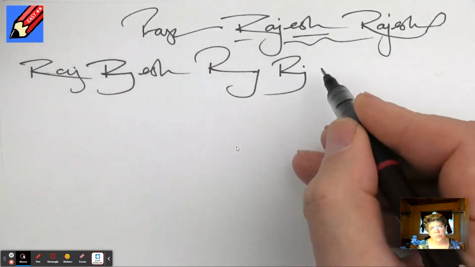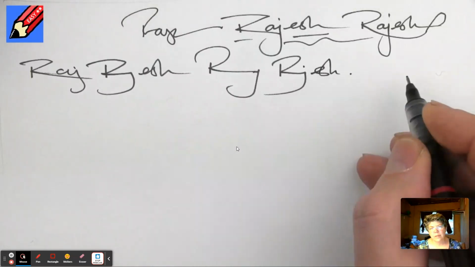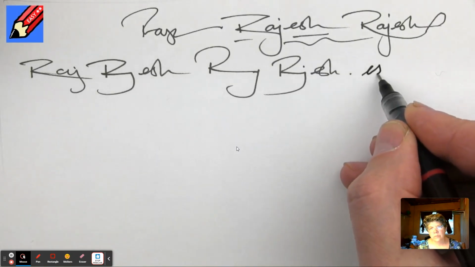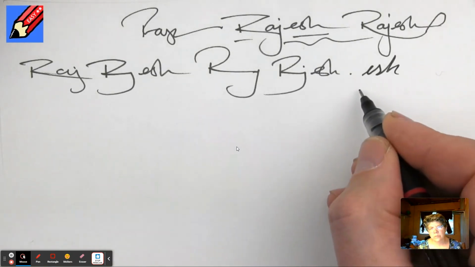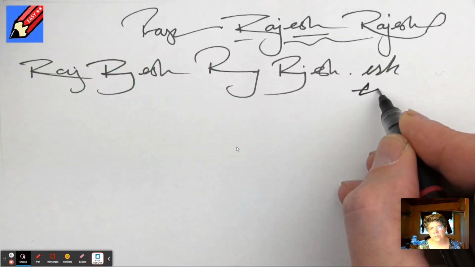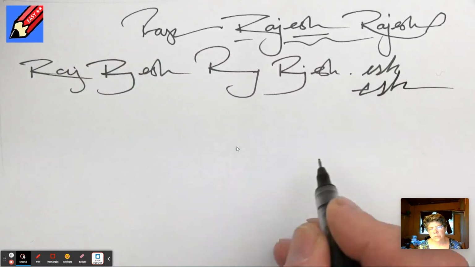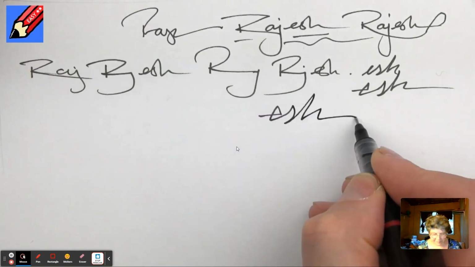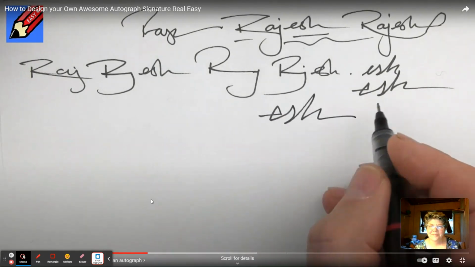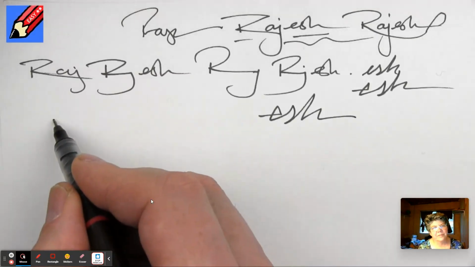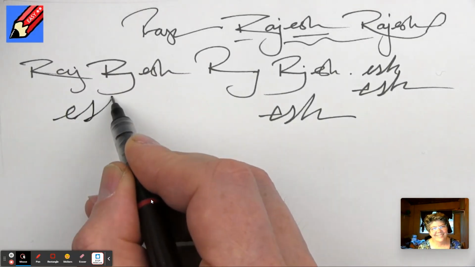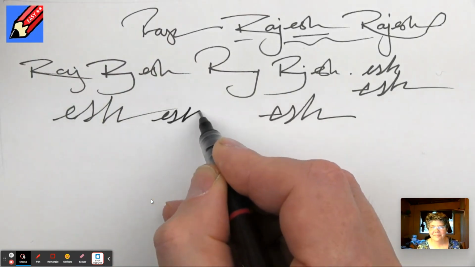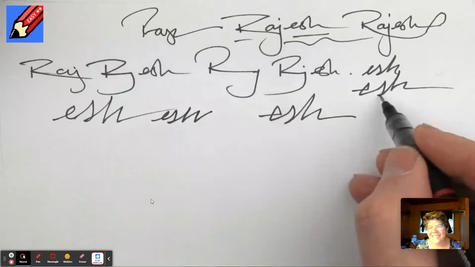This has a look to it somehow, but I don't like the ESH, so I'm going to have to think about this. ESH. So you can come up with these little tunes and things to go with it. So I think a traditional kind of cursive